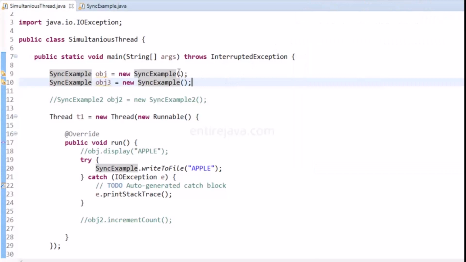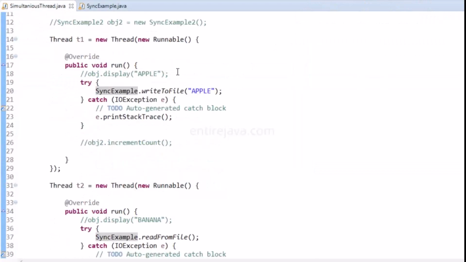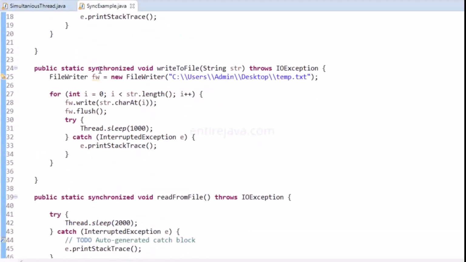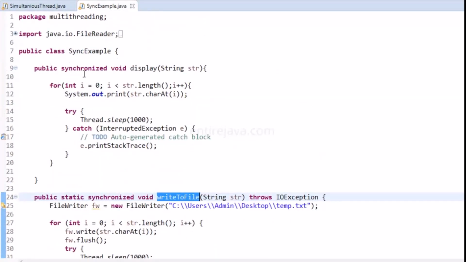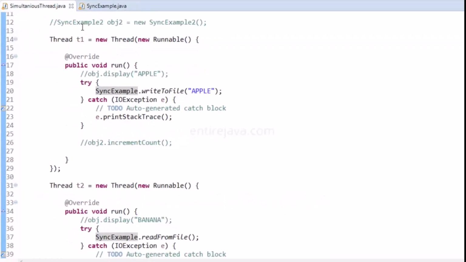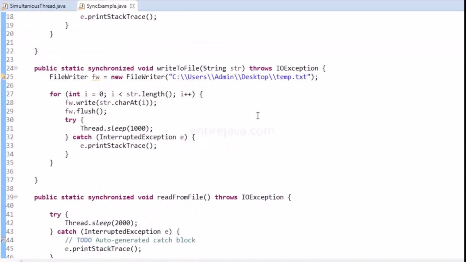The reason is, just like an object is associated with a lock, even the class is associated with a lock. When we make the method static, that method is associated not with an instance of that class, but with the class itself. So when thread T1 enters inside that static synchronized section, it's going to acquire the lock of that class, and no other thread can get a lock unless thread T1 releases that lock